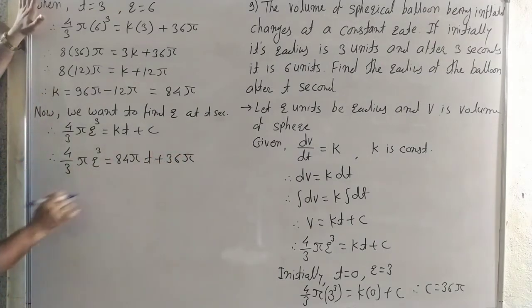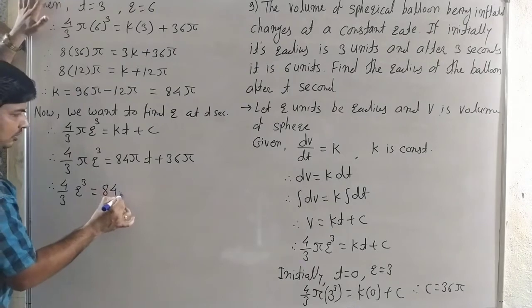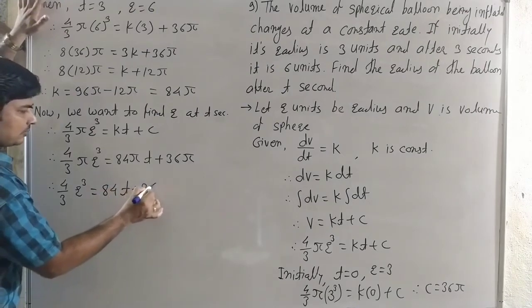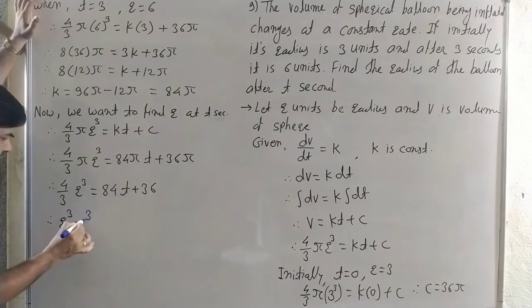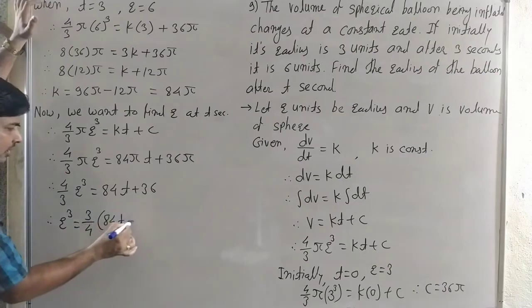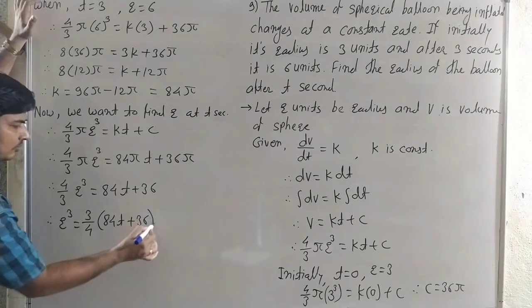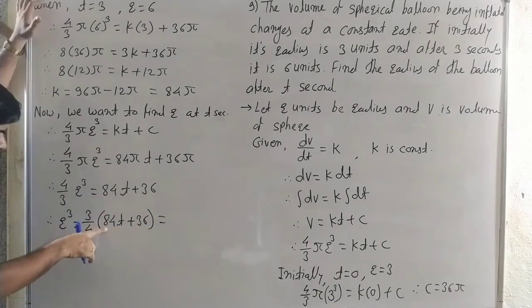Pi and this pi get cancelled. Then we get 4 by 3 r cube is equal to 84 t plus 36. Pi get cancelled. And now r cube, see carefully the calculation. r cube is equal to 3 by 4 into 84t plus 36. See carefully the calculation here, 4 divided by 84, that means here it is